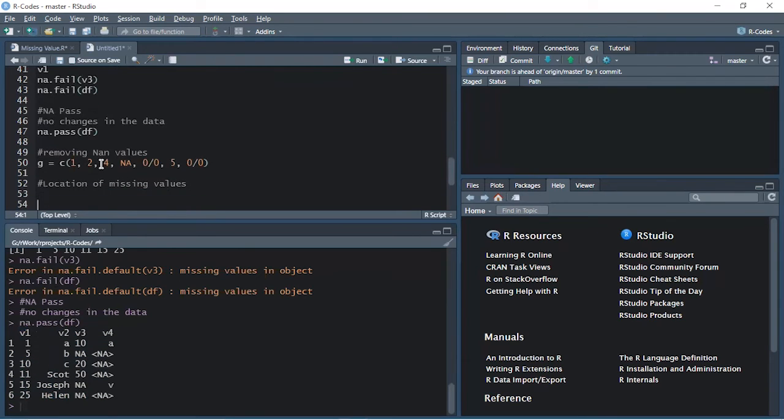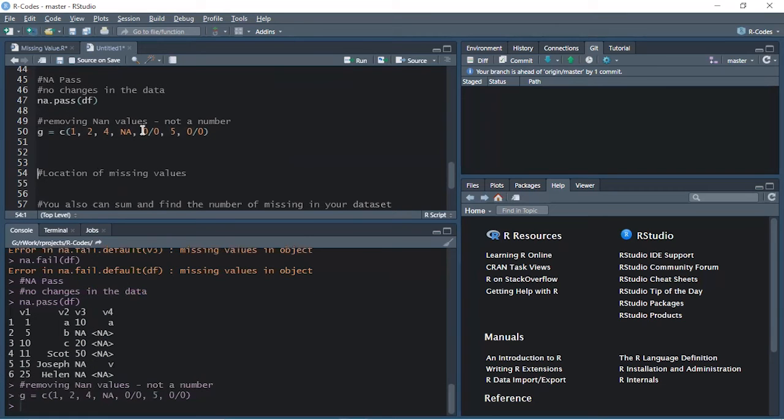Now let's understand how to remove NaN values. Now NaN is not a number. So I have created a vector here where there are some NaN values, using 0 by 0, 0 by 0. So there will be not a number. Let's see how to identify these NaN first.